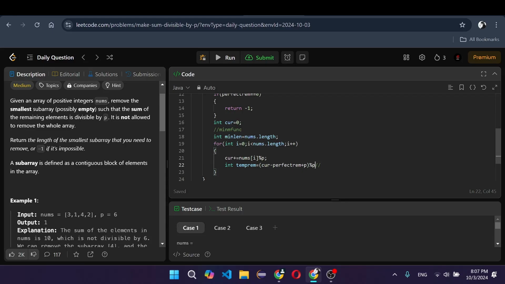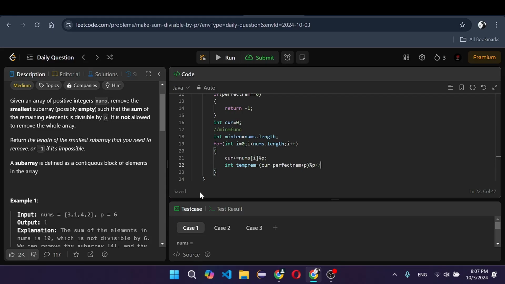Okay, no, sorry, I think we should just change this: perfect rem plus p. Okay, okay, now once again we should just use the modulus function p. Okay,